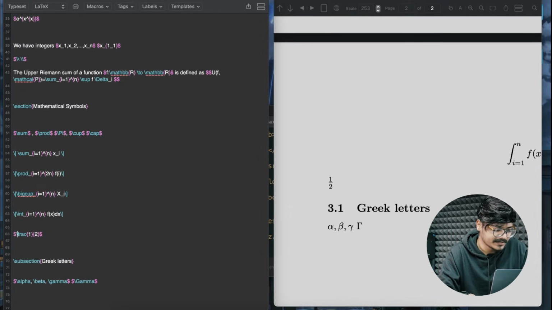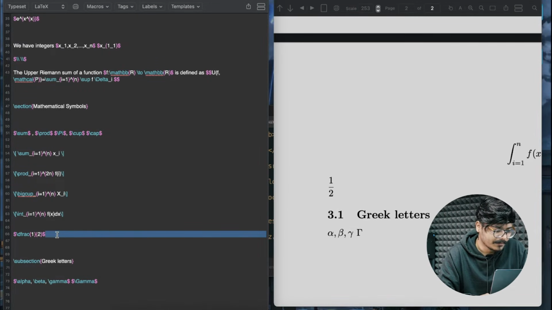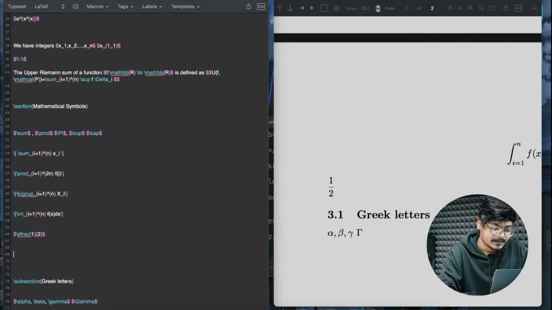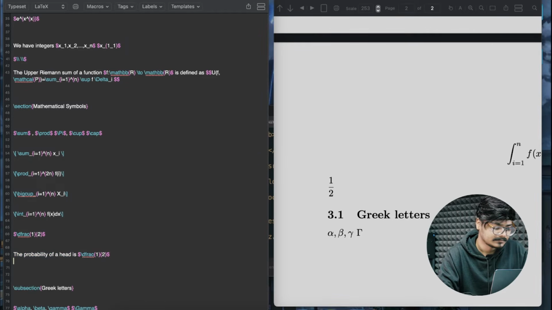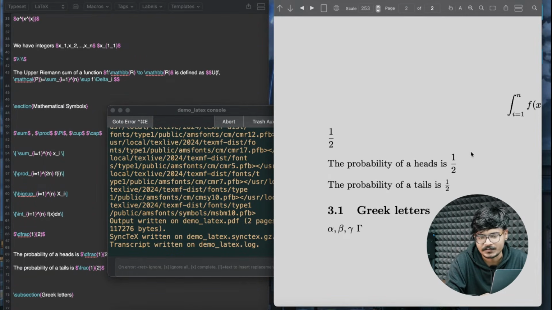You can also use \dfrac, which is slightly more elegant. You can see it increases the size of the fraction. Let's quickly compare these two in a sentence. The probability of a head is, let's go with \dfrac half, and let's use the same sentence again. And the probability of tails is also, okay. So you can see clearly \dfrac is the one you want to use